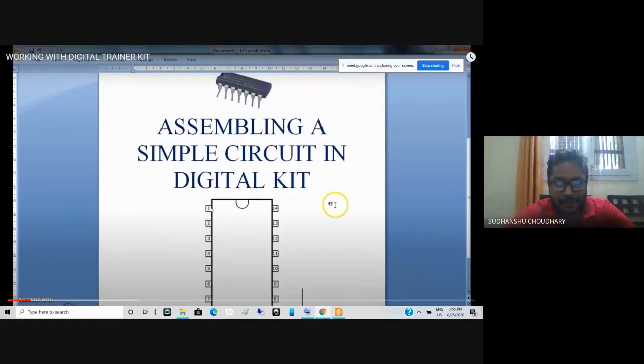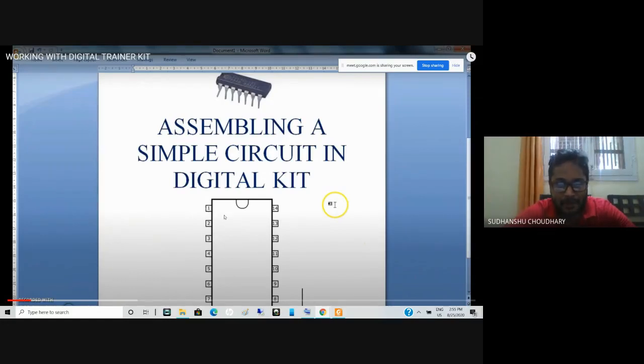Now, between these pins, as I said, the gates would be connected. It is possible that between pin number 1 and 2, a 2-input AND gate is connected. A 2-input AND gate has, of course, 2 inputs, so inputs may be between pin 1 and 2, and output may be connected to pin number 3.